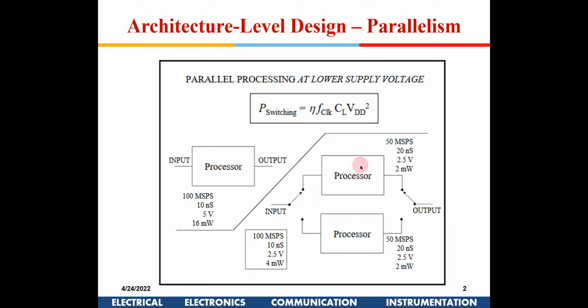And also, since I am using dual here, I am going to use half the frequency, because finally I am going to multiplex out here, right? So the frequency given for each of these modules, here it is 100, here it is 50, here it is 50. So I have reduced the frequency. Also, since here 10 nanosecond is the delay, but here since I am going to finally multiplex it, I can afford double the delay, because they are working in parallel. So I am targeting 20 nanosecond delay here,